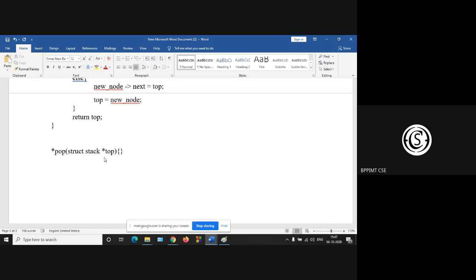So as you are using this stack, one argument stack top, you can easily write return top. Now, what will be the return type? Stack. Okay. Now pop.